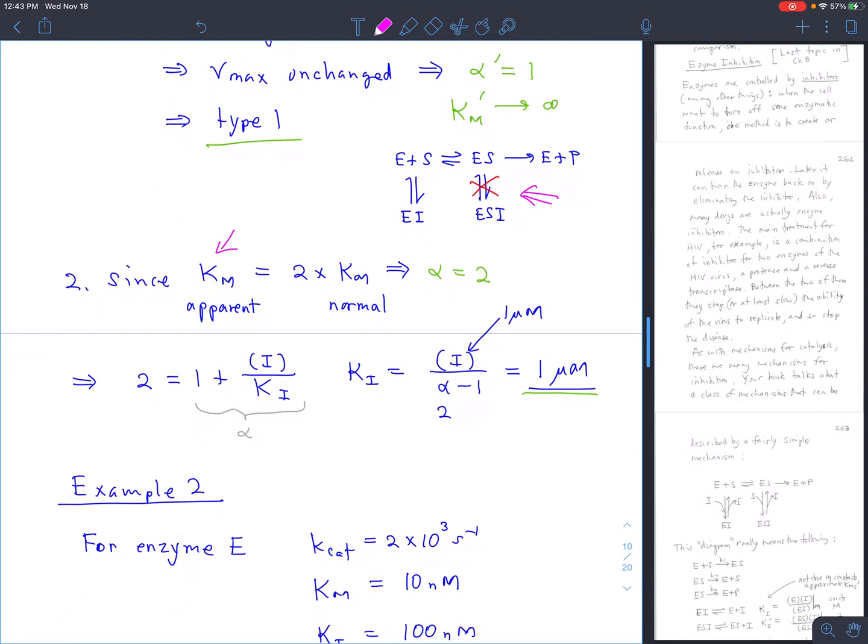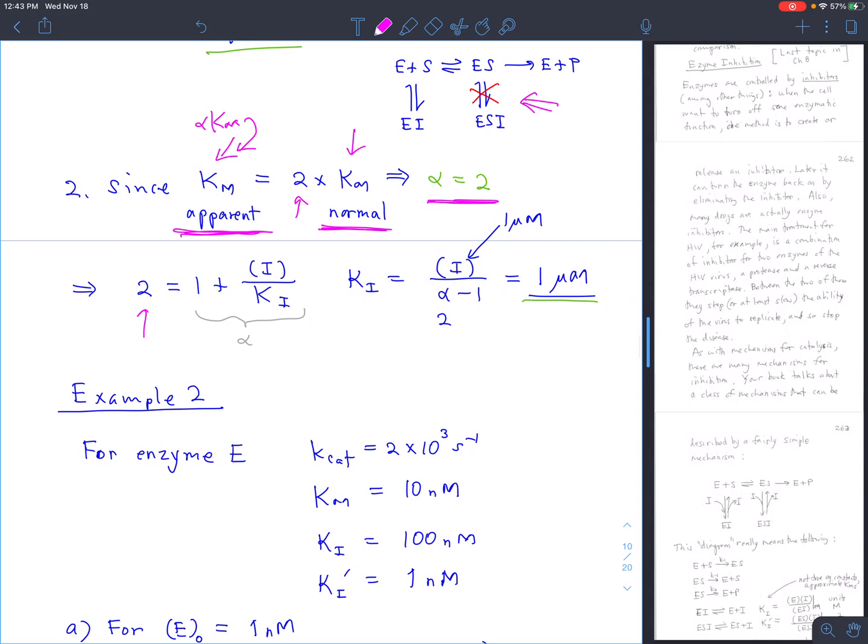Since Km apparent, the effective value of Km, is 2 times the Km value without the inhibitor present, that says that the alpha value, this should be alpha Km, this quantity here, has to be 2. If the alpha value is 2, we can solve for the Ki value, and that's this. Ki is equal to the inhibitor concentration divided by alpha minus 1. Alpha is 2, and we get that the Ki value is 1 micromolar. All right, so that's a very simple example,